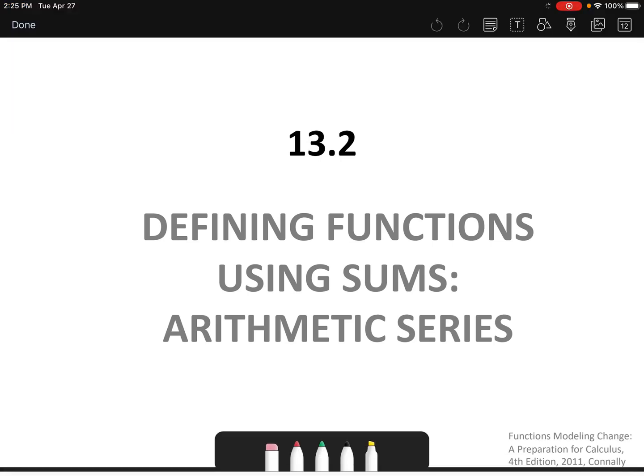Today's lesson corresponds with the last lesson on 13.1 with sequences, arithmetic and geometric. Today we're going to talk about using sums of these arithmetic series. So we're going to be adding these sequences, which in turn create what we call series. So knowing this then,